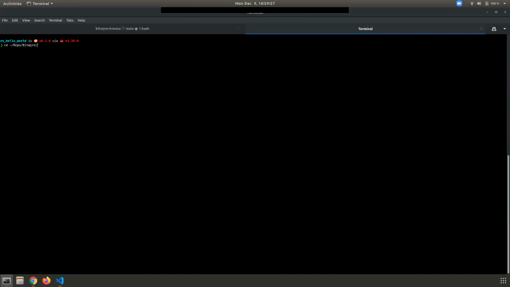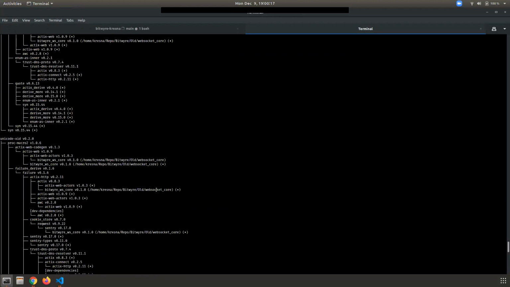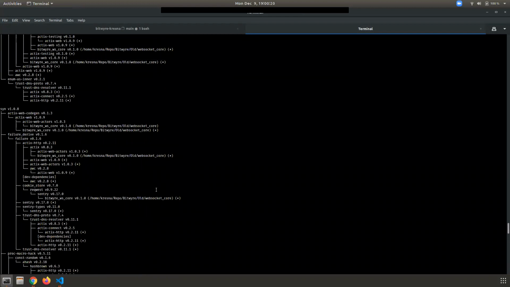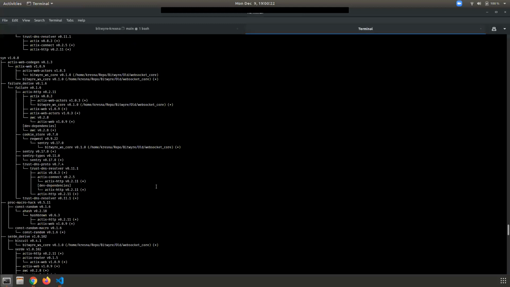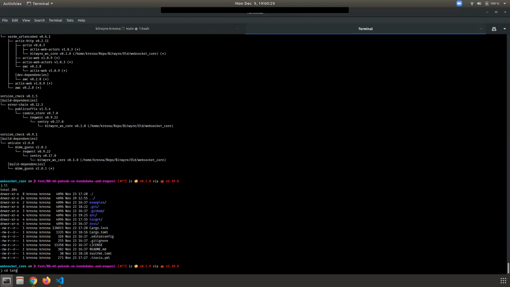Repo, Bitwyre, old Bitwyre WebSocket core. Oops. Okay. This code will not compile, if I'm not mistaken. Cargo 3. Yeah, so here we go. It shows you the dependency nightmare. These are all duplicates of dependencies. This is quite problematic because if you see the size of the build code,